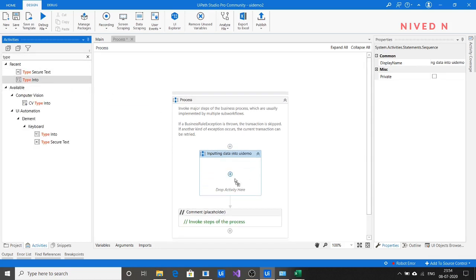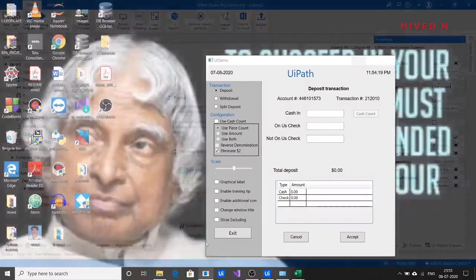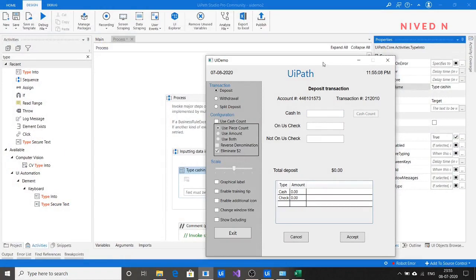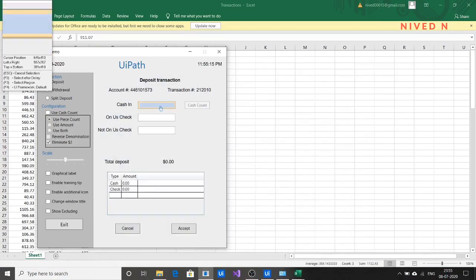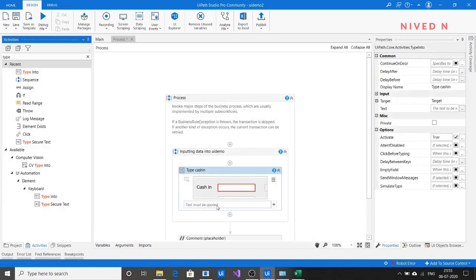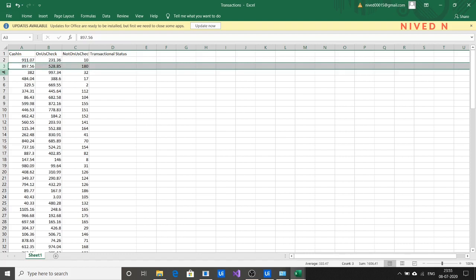First you have to type into the first column, which is cash in. So just for that you have to indicate it on the screen, cash in. So inputting the value, you know that these are each transaction item.